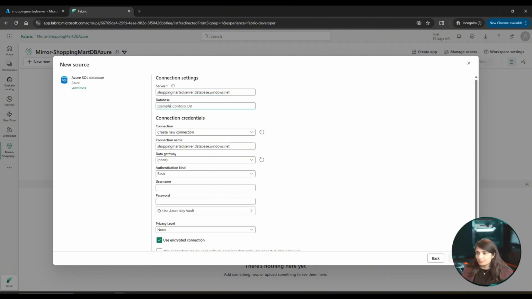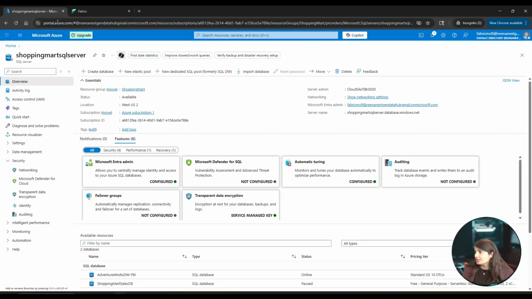Okay, give the name of the database you want to. Now we'll have to create a new connection. I do not have anything available, so you can name it. Now let's go. We need to make some changes here to the network. Now navigate to the SQL server,